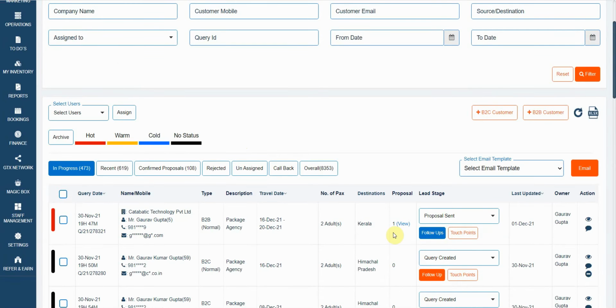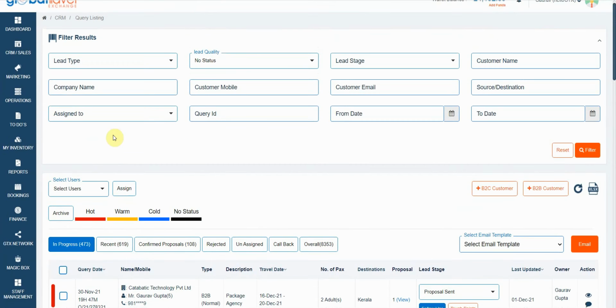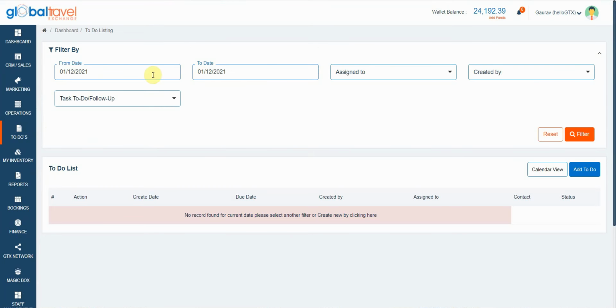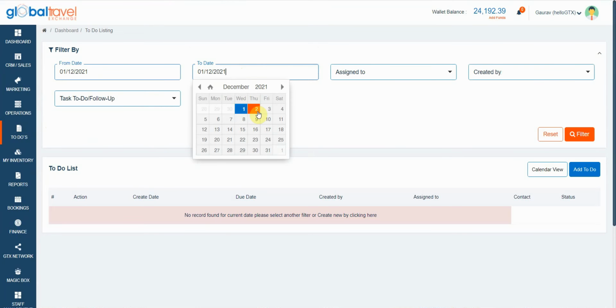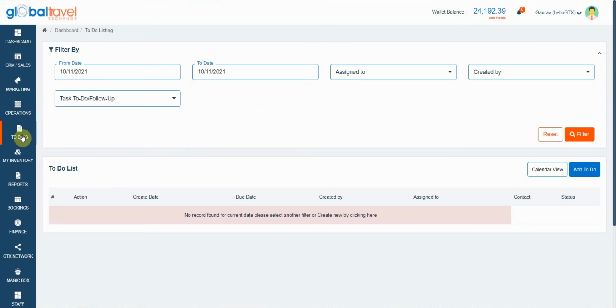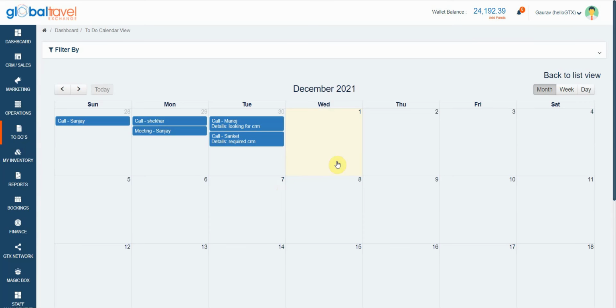You will be getting reminders on the email for the follow-up due date and time. But you can also click on the to-dos. Under this screen, you will be able to see all the to-dos which are pending for today. So these are the few points. As I do not have any to-dos and follow-ups, it is not coming. If you want to see a calendar view, you can see the calendar view also. So these are the key features of the CRM on monitoring your team.